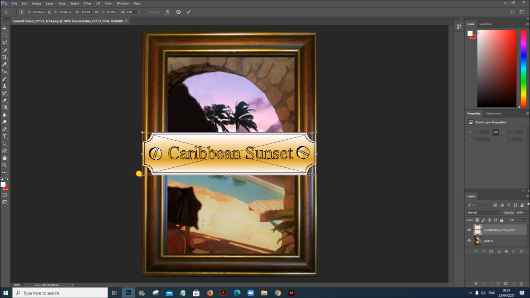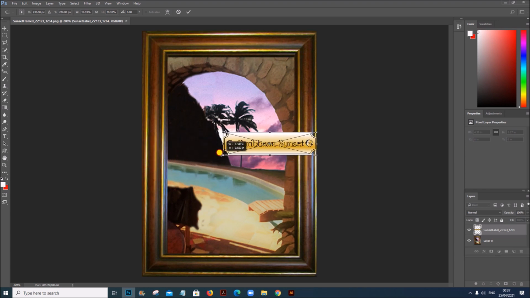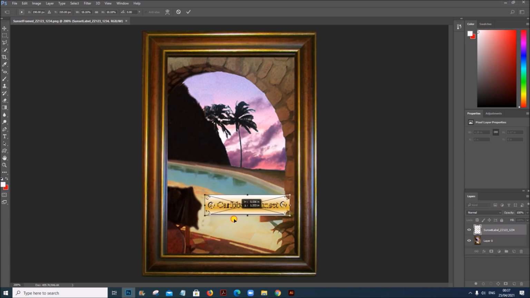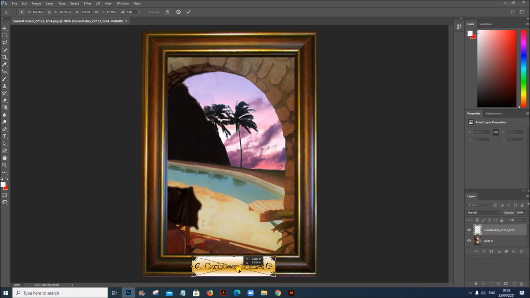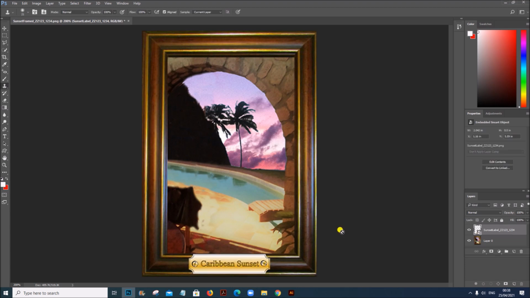You can resize it by pressing the shift key. It has to be placed here, in the middle you have to place it. Reduce it a little more. Press enter. So the label is placed on this image.